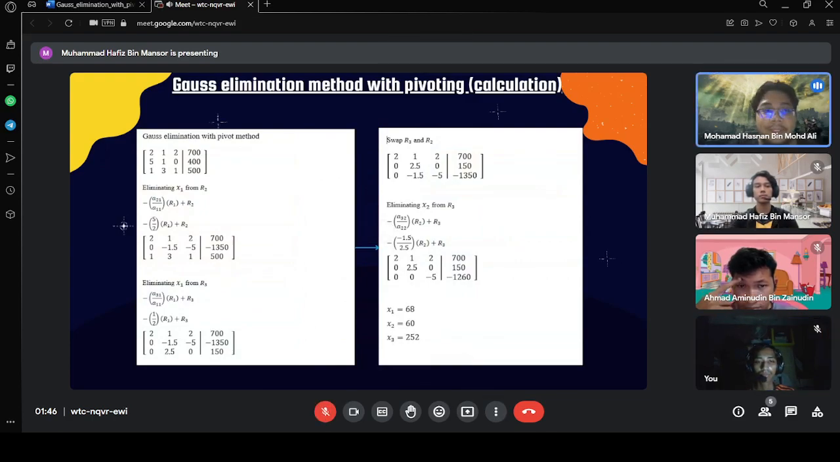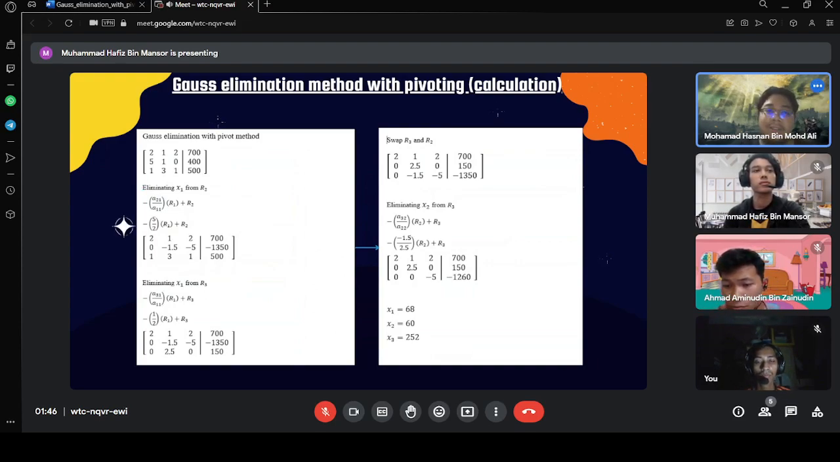Okay, for the Gauss elimination method without pivoting, there is not much different from the method with pivoting. As you can see, the difference between with pivoting and without is that first we look at the first column of the matrix, like 2, 5, 1. If the lowest number, let's say the 2, is at the bottom of the column and 1 is at the top of the column,